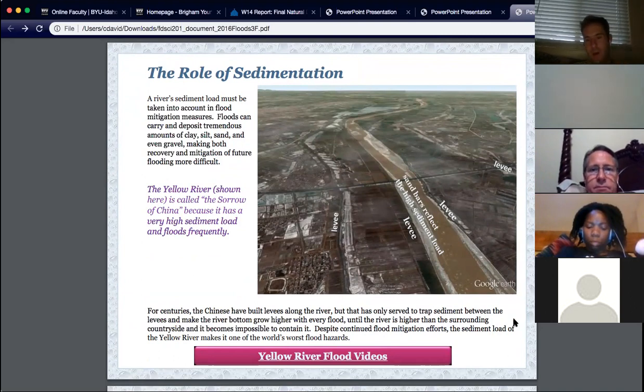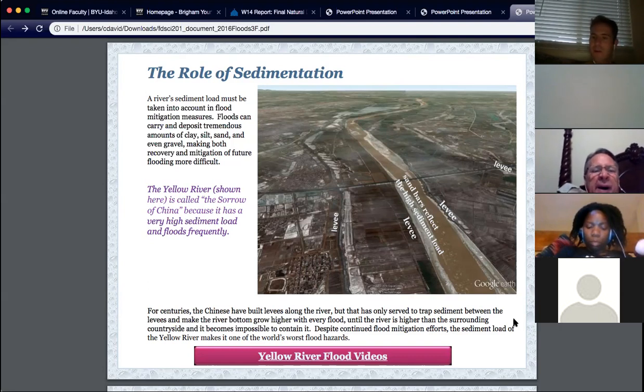Yeah, okay. So when you get flooding, you can get a lot of sediments like silts and clays and sands and all that stuff coming in the rivers. So what happens then is you get the flooding, and it's taking that stuff everywhere. And then when all that water recedes, it leaves all those sediments and silts and clays, and it can